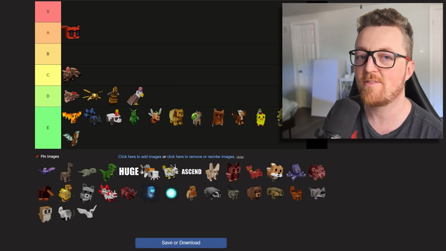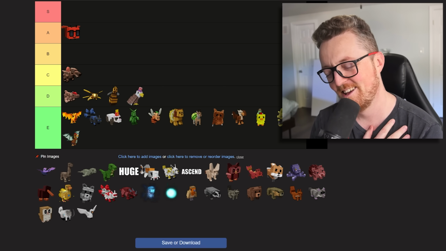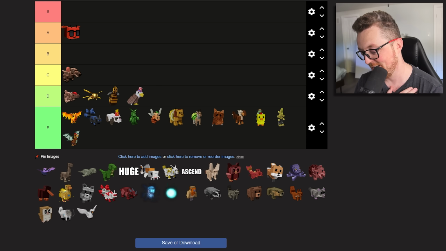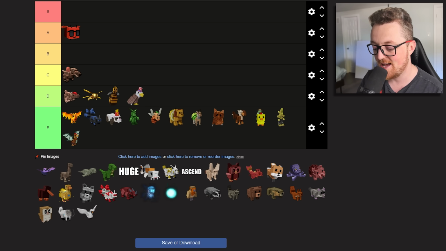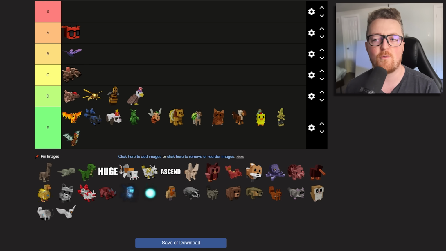It is sadly now close to a dragonfly. The difference is a cockatrice. Oh man. Now the butterfly, guys, the butterfly has decreased as well. It is in the bottom of B tier, and I'm pretty much at the point where I'm going to stop